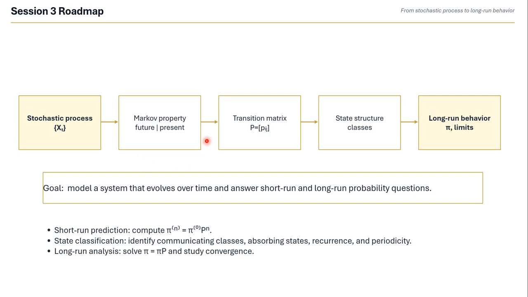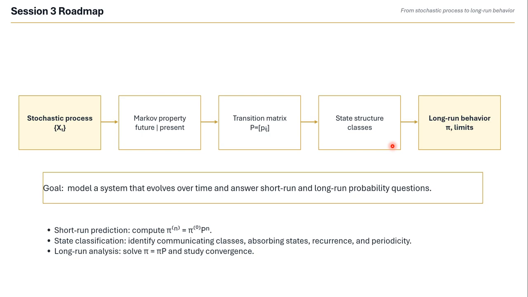After that, we define the transition matrix. The transition matrix P contains all one-step transition probabilities. If the chain is currently in state i, the entry P_ij gives the probability that the next state is j. Then we study state structure. We ask questions such as which states can reach which other states, which states communicate with each other, are there closed classes or absorbing states, are states recurrent or transient,